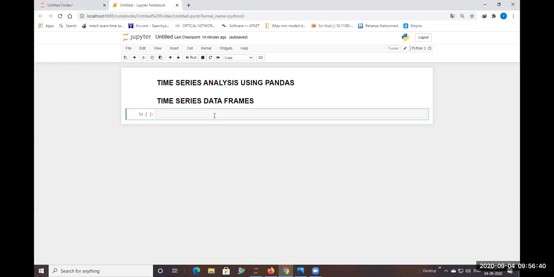Before starting any representation, syntax or scripting, we need to call the libraries first. So I'll start by importing the libraries: import pandas as pd.